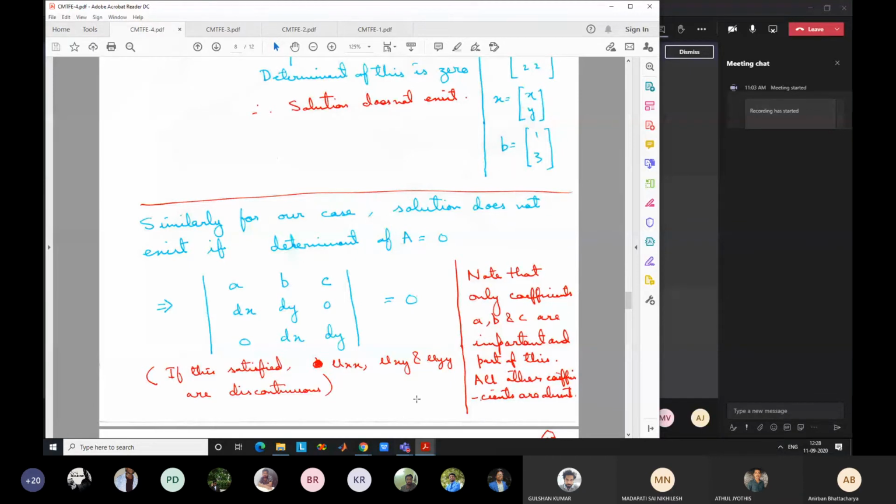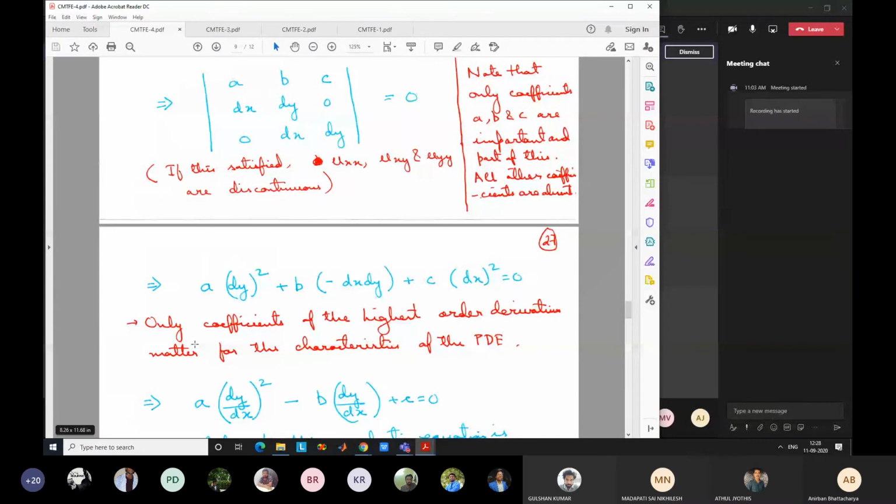One important thing to note here is that while obtaining the information about the characteristics, the coefficients of only the highest order derivatives, A, B and C, come into the picture. The other coefficients, which were clubbed together in the H term, are absent here. So all the other coefficients are absent. Only the highest order coefficients are important for us, as we can see from here. These are the only ones present in the solution process.